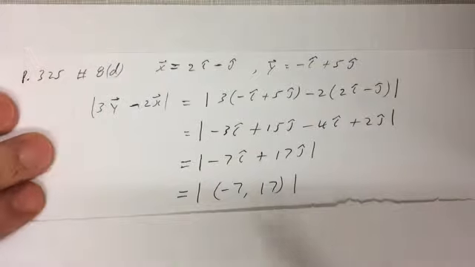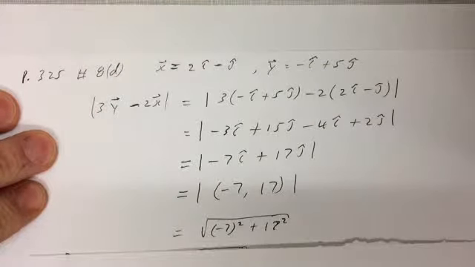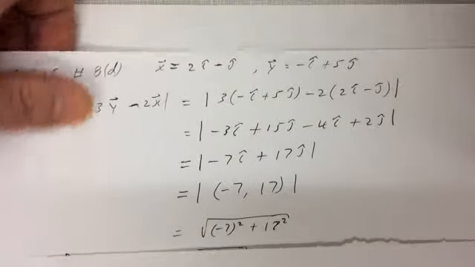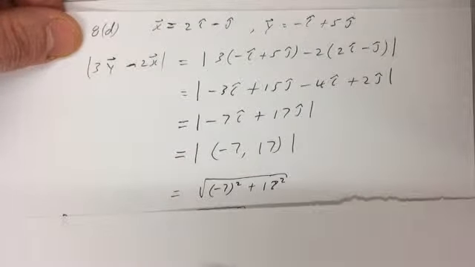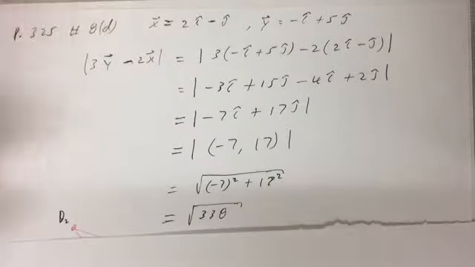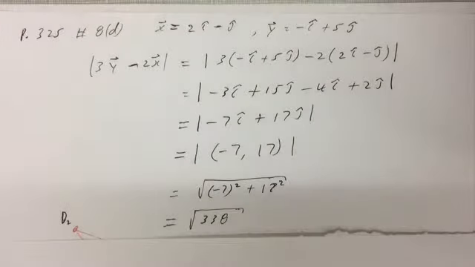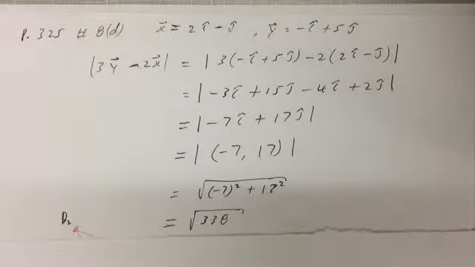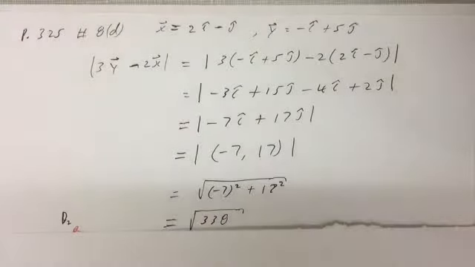And we know the magnitude of that is going to be the square root of negative 7 squared plus 17 squared, and that equals root 338. So that's 8D. It should help you out with the rest of number 8. And then number 12